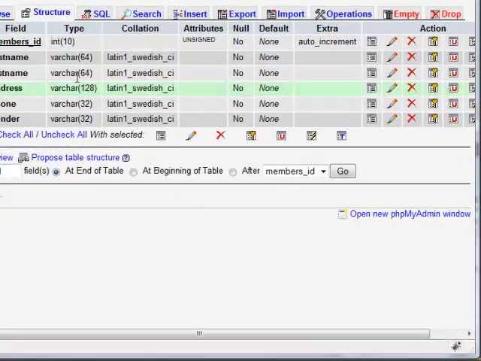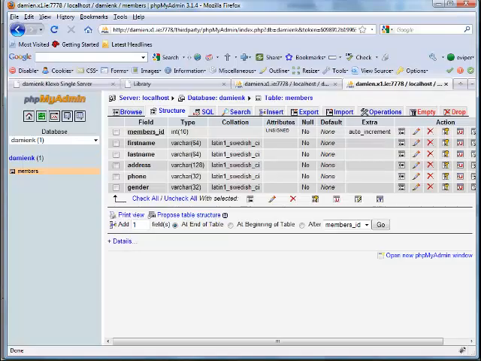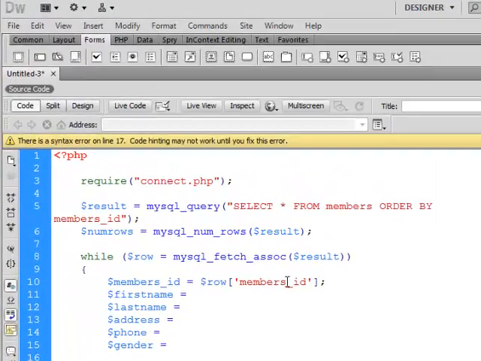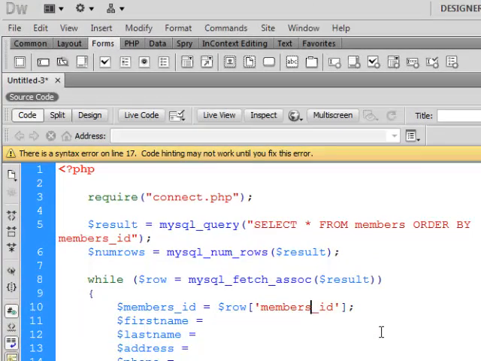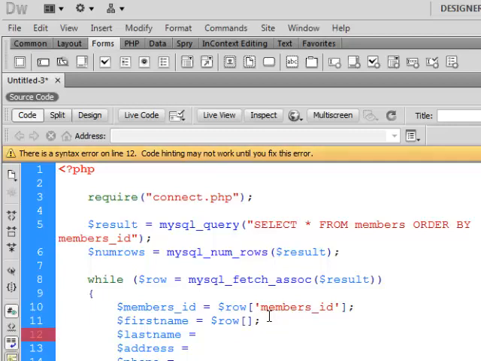So it just timed out through there. So you can see I call it members ID there. Again, it is important that whether we call it member or members ID, there will be involved. Okay, and again, this is going to be set to the row first name. So row, the array, square brackets, terminate the line, and inside of this, I'll put first name because